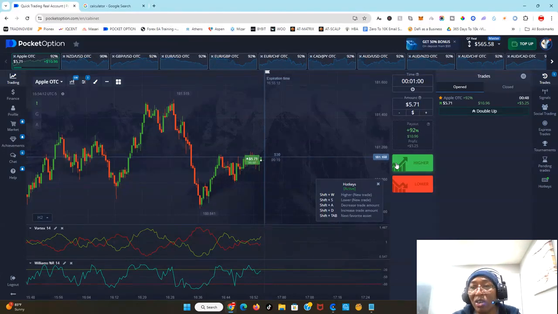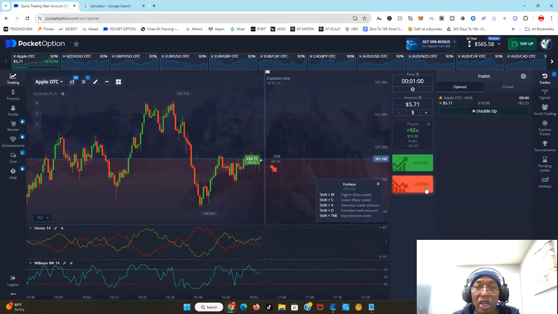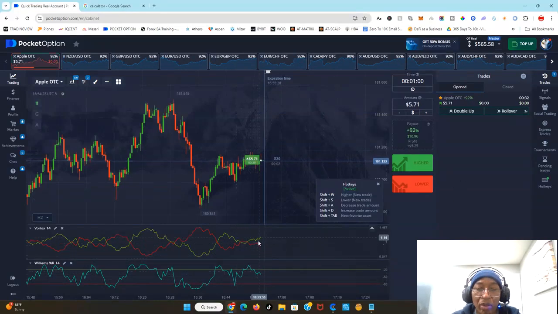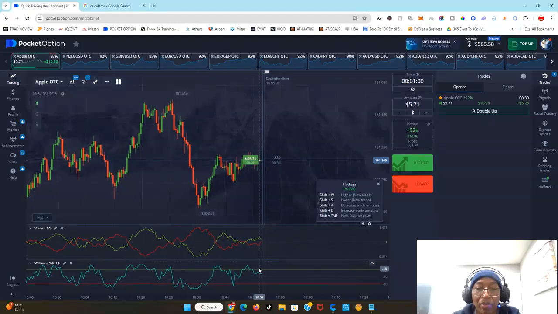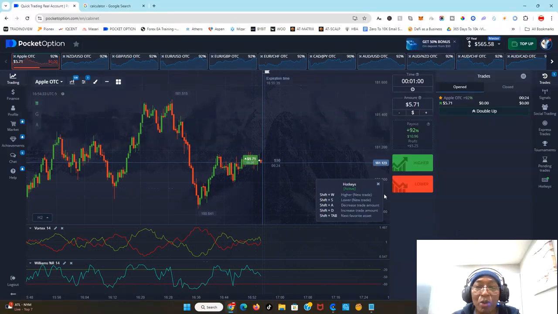If it turns out it's going against us, we're going to hedge the trade using level 2. Level 2 hedging means we're going to take an opposite trade in the same trade. So we're going to take an opposite trade. But so far you can see it's still holding. Okay, this is pointing up. This is going up. It's above that level, and I'm hoping that it's going to keep going up. If we lose, no problem. We're just going to hedge the trade.